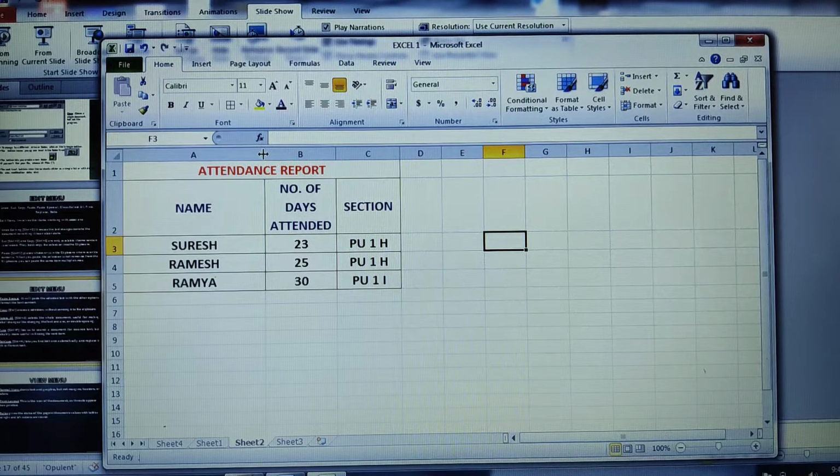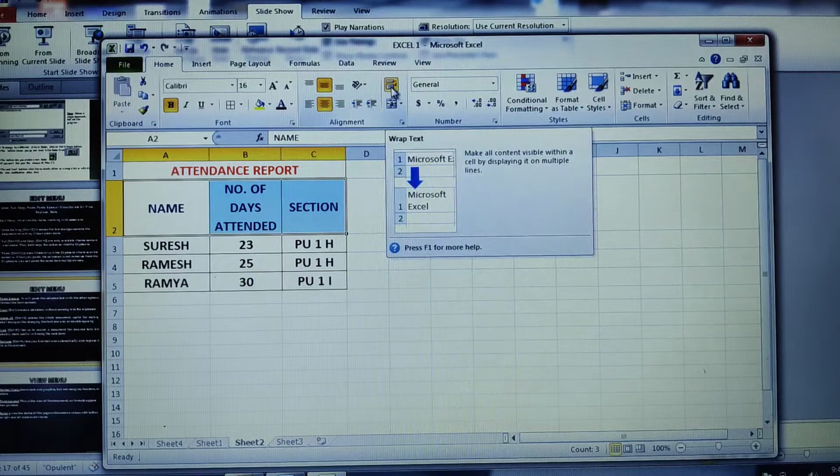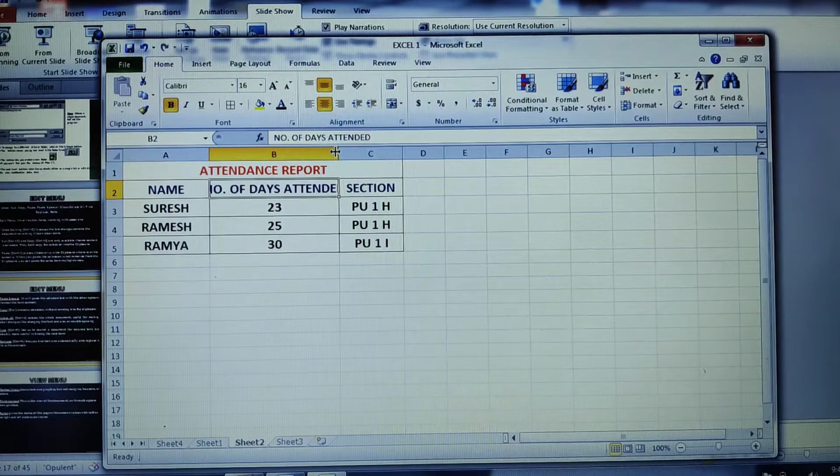Now here I have used the wrap text option. If I had not used the wrap text option, the contents would be hidden. Either you need to widen your column width, but it doesn't look much better. So I'll not widen that much here.